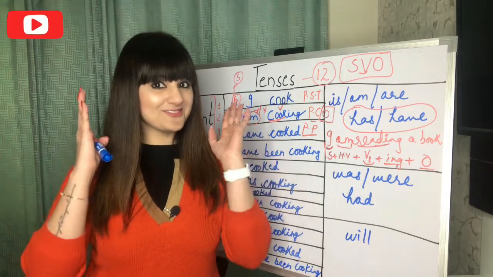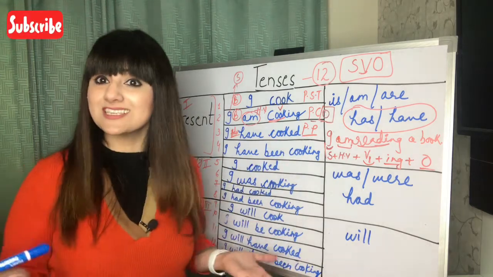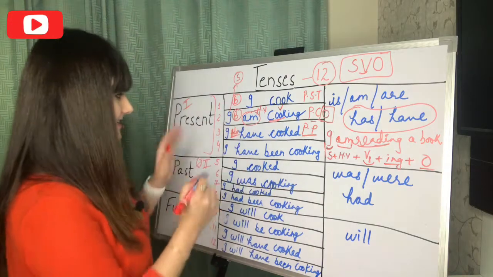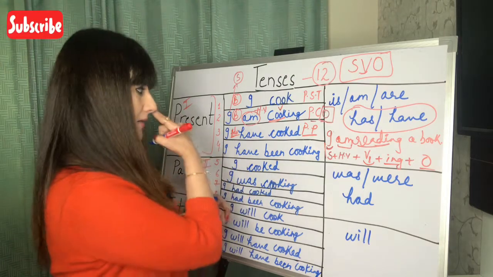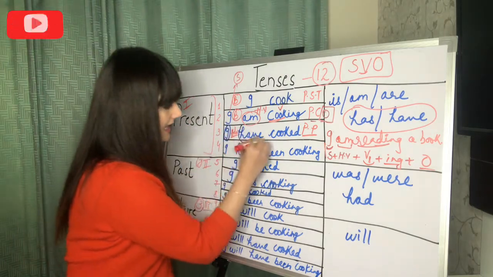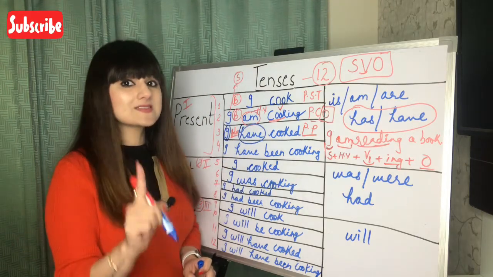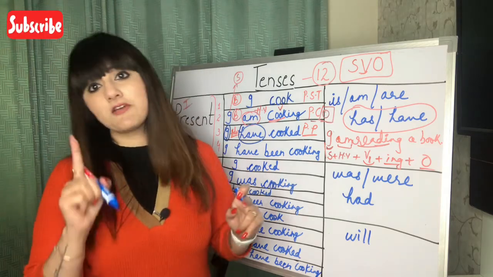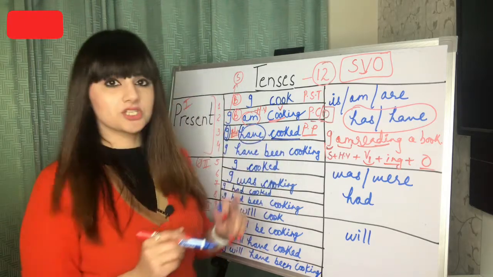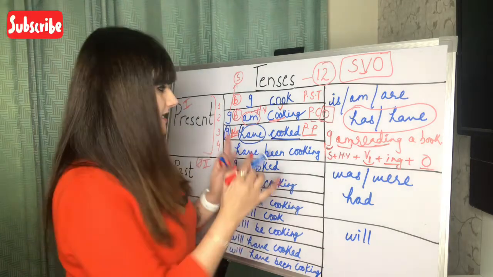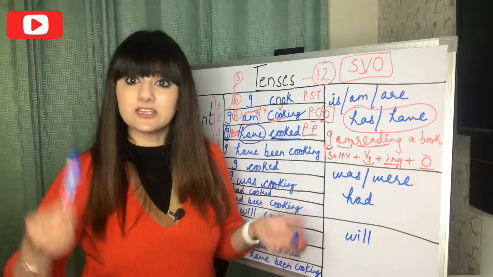I hope you have done it. Yes, you have done it. That's our present perfect tense. Yes, so I have cooked. All right. So what I'm doing here, this is my subject, then my helping verb, plus third form of the verb. Always remember, in the perfect tense, we have to use the third form of the verb. Cooked. I have cooked. All right, I have done it. I have finished my homework.